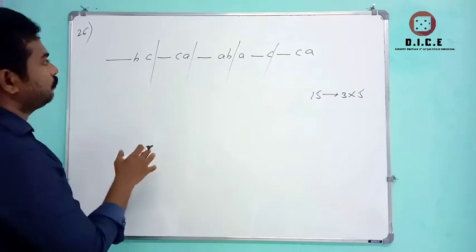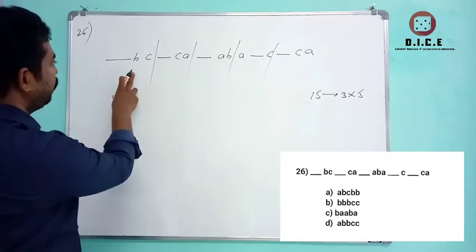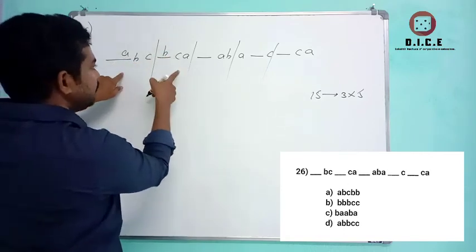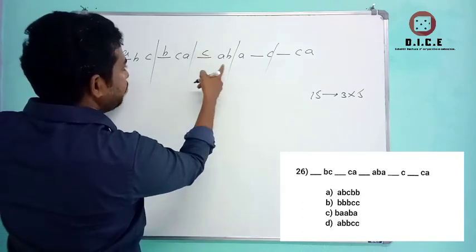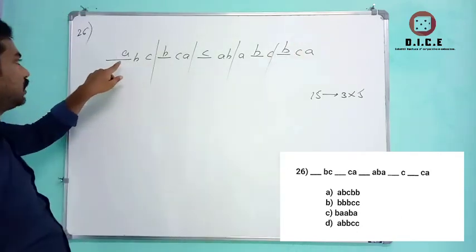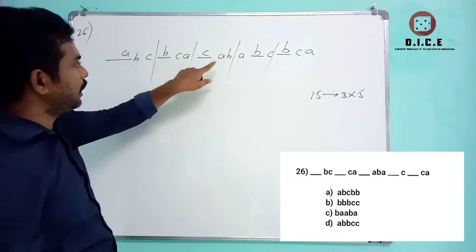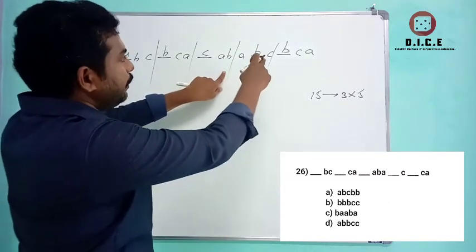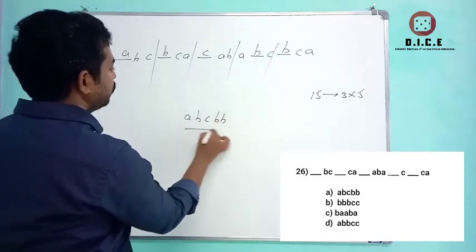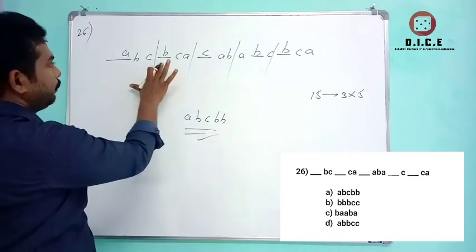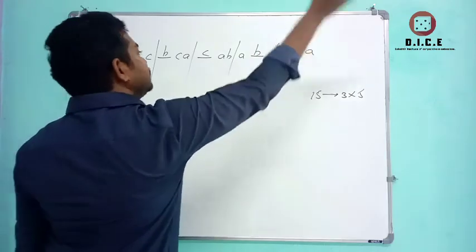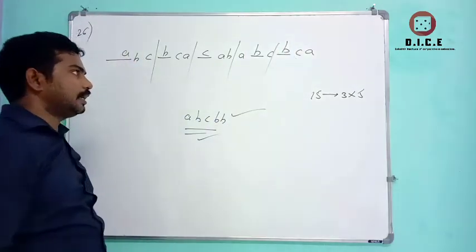Now if you see in the case of alternatives, for example, if I place here A, there is nothing but ABC. If I place here B, there is nothing but BCA. If I place here C, there is CAB. Now the answer is ABC, BCA, CAB. Again the pattern continues. These are the substituted characters. ABC, BCA, CAB is one pattern. Again the pattern continues. ABC, BCA, CAB. So your answer is nothing but ABC, BCA.